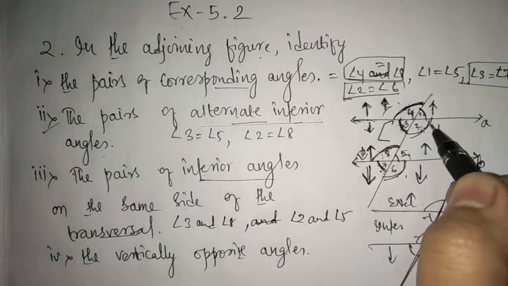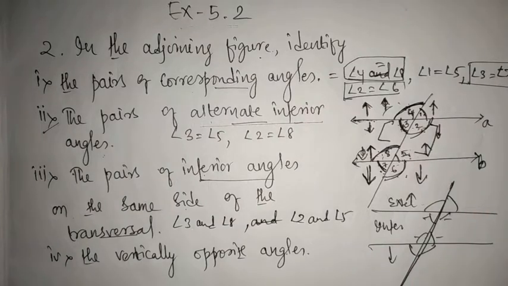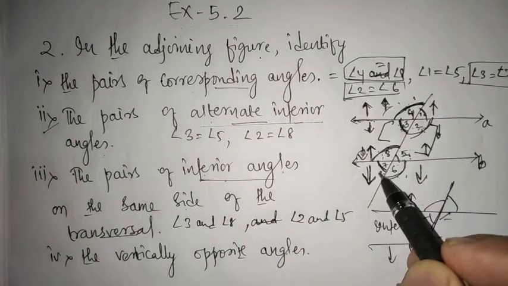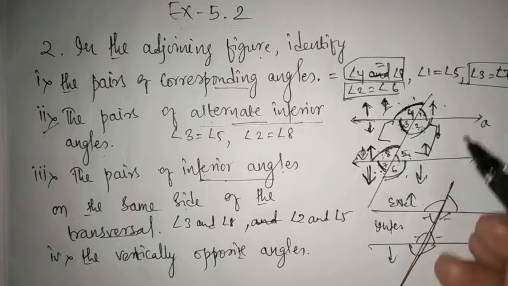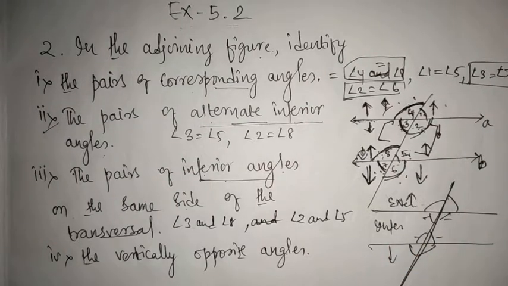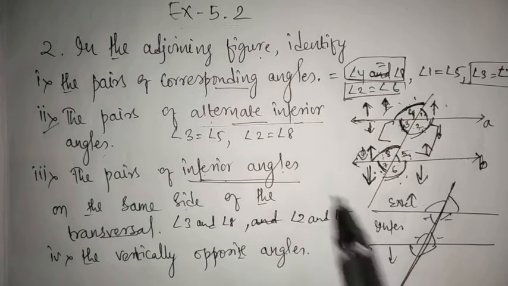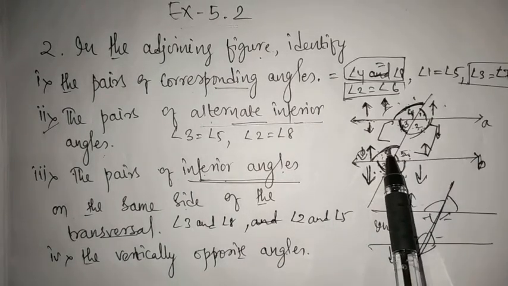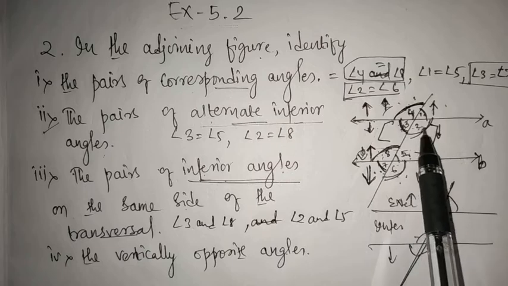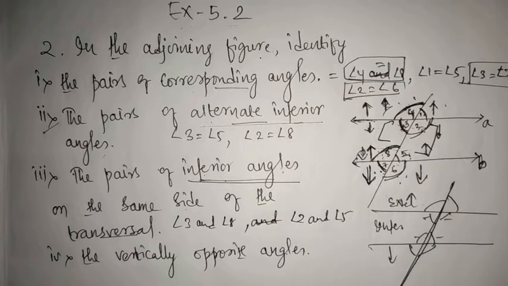And angle 2 and angle 5, which is interior. If the question was exterior angles on the same side, then 4, 7, 1, 6, because they're outside of the parallel lines. That's why we could have considered that as exterior angles, but here they have asked interior angles. So 3, 8 are on the same side, and 2, 5 are on the same side of the interior angles. I hope this is clear to you.